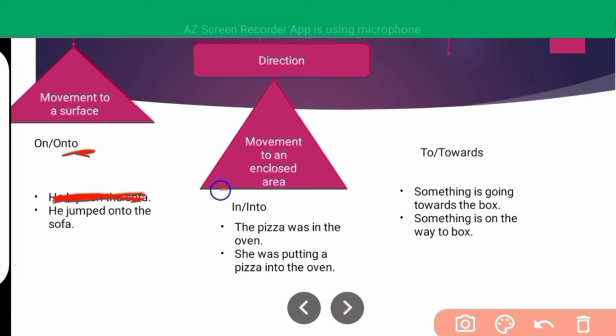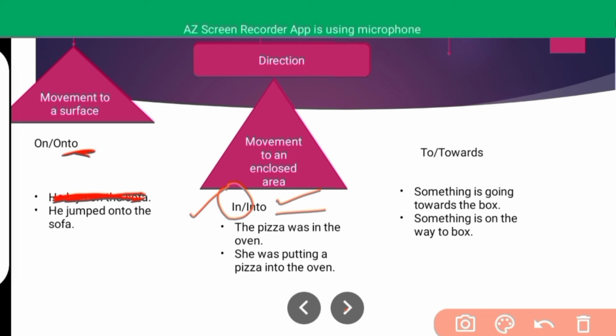As we have discussed, जब हमें enclosed area को की preposition यूज़ करनी होती है तो that is the in। किसी बंद जगह में कोई भी noun है उसकी पोजीशन शो करनी है तो हम यूज़ करेंगे in। लेकिन अगेन अगर हमने उस इनक्लोज्ड एरिया में मूवमेंट एक्सप्लेन करनी है तो हम यूज़ करेंगे इन टू। हम ऐड करेंगे टू को विद द इन, तो ये इन टू एक्सप्लेन करेगा मूवमेंट और द एक्शन।